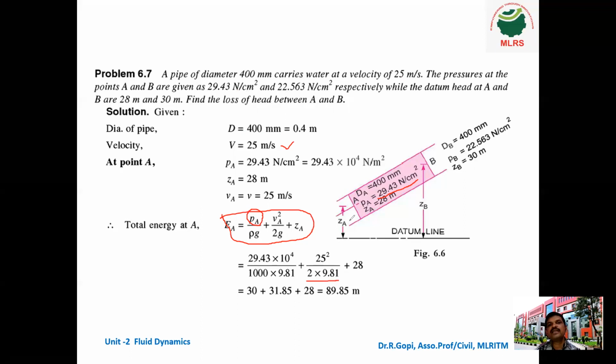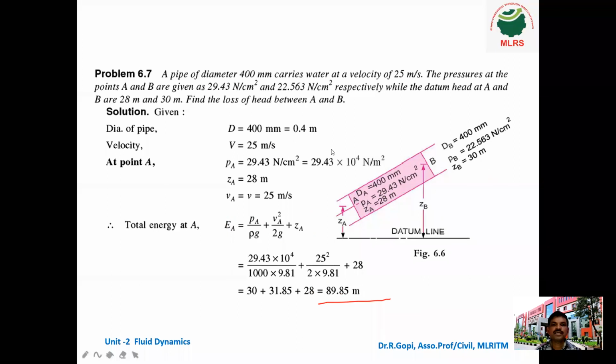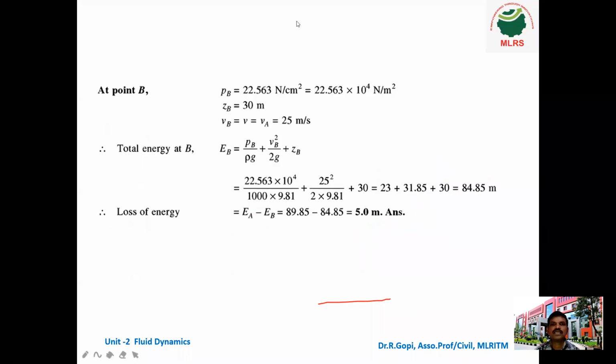So what is the datum head at the center of the pipeline at the point A? ZA is equal to, what is ZA given in the question? 28 meter. Okay. So substitute all the values. We get one answer, that is the total head at section A, at this point. Okay. So it is 89.85 meter. So now we will move to the next one. So here we have to find the